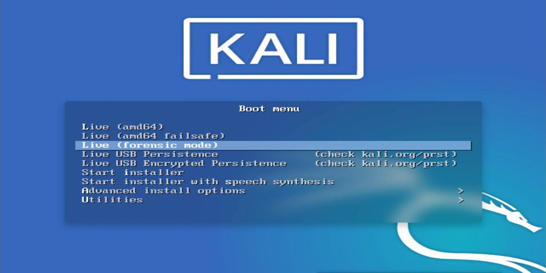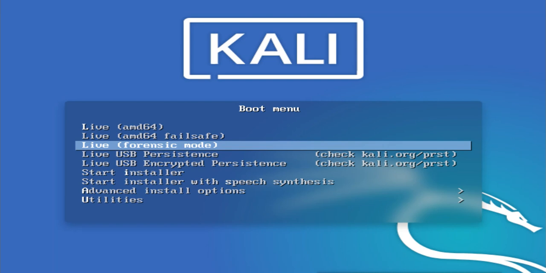Now in this mode, what it will do is start in a very stealthy mode. It will not leave anything, it will not say anything, it will not try to probe the network. It will go directly into a silent, very stealthy mode, and then we can do what we can do. And again, it is live.